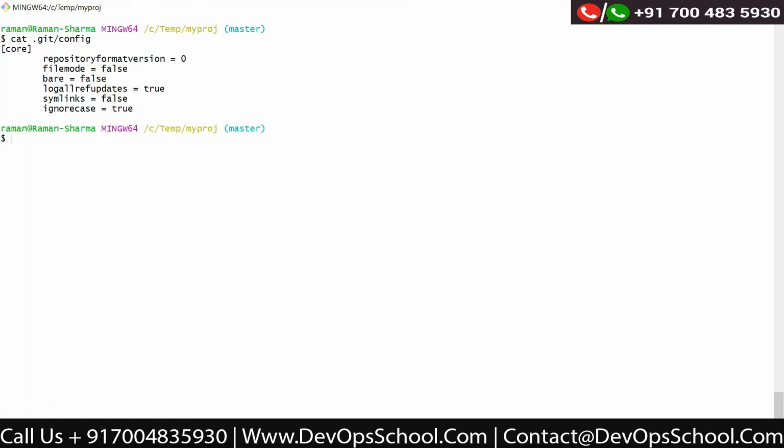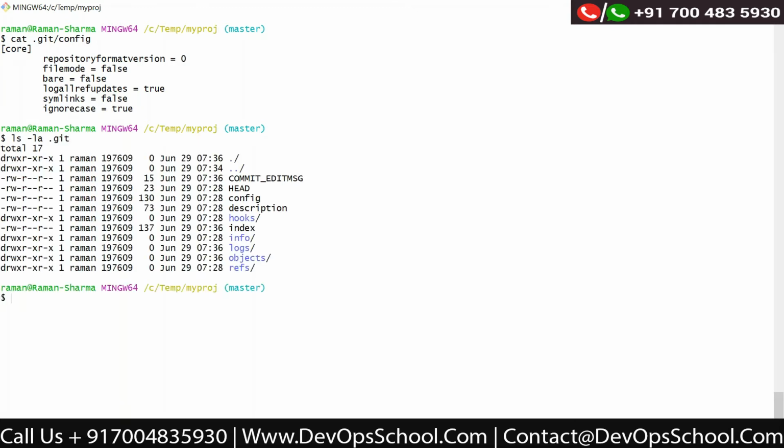This .git directory contains all the files and folders which are required for your local repository. So for example, if I say ls -la .git, all these files are under the .git directory.